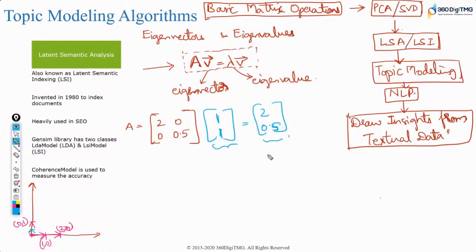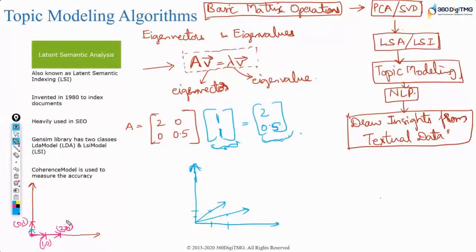So these two vectors would be very different, isn't it? So let's try out. 1, 1 would be 1 on x-axis, 1 on y-axis, this point. So the direction will be like this. 2, 0.5. 2 would be here. 0.5 would be somewhere here, this point. So it'll be like this. So the directions are different. So this is not an eigenvector, because when you use eigenvectors, directions do not change.